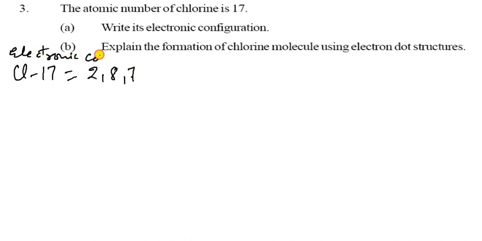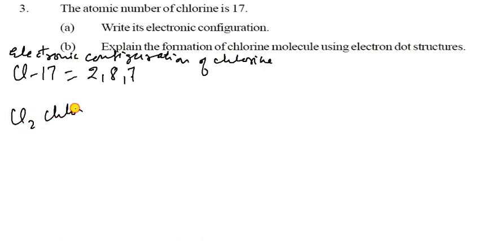And the triple bond, the next one is, yes, let us see this one. The atomic number of chlorine is 17. Write the electronic configuration. So chlorine has 17 electrons. It is the third question. So write the answer. Chlorine has 2, 8 and 7. It is the electronic configuration. So you have to write here the electronic configuration of chlorine.